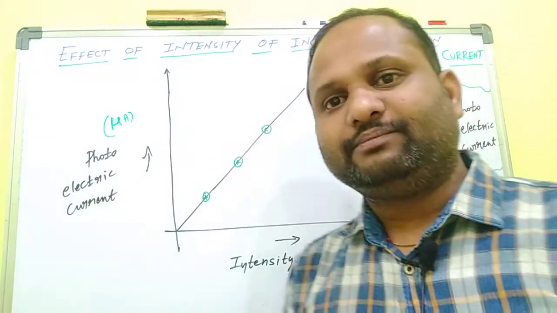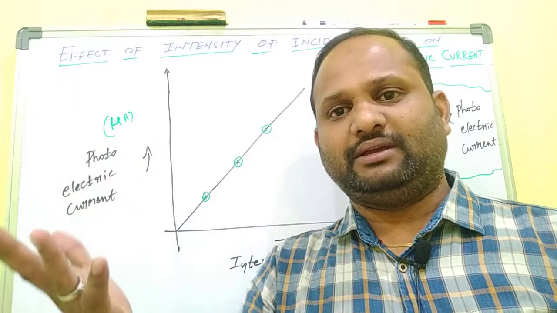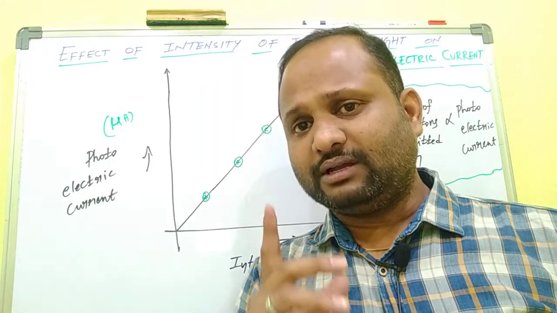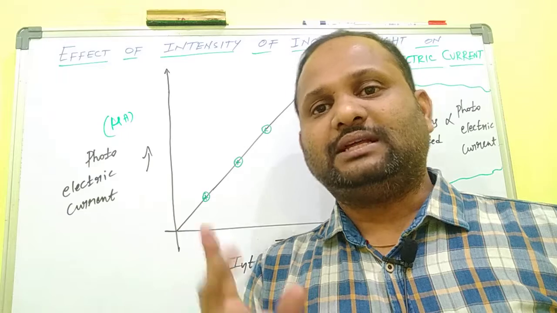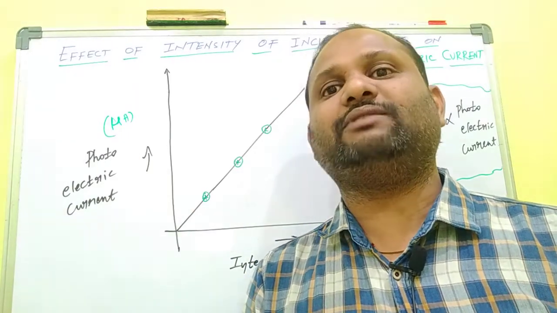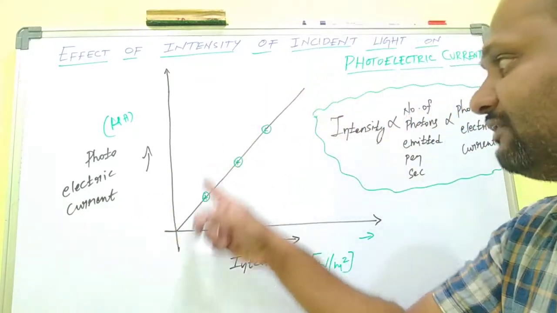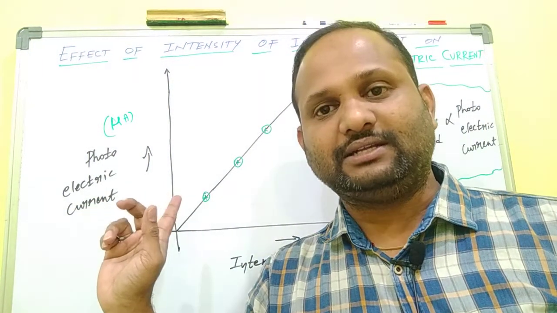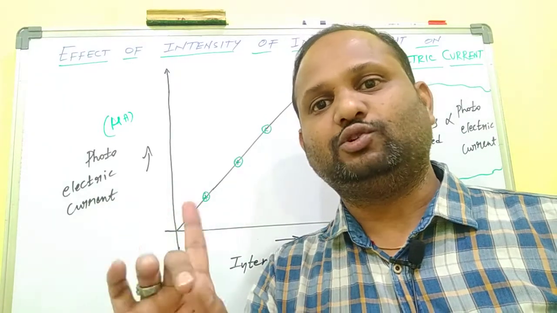So we concluded in that experiment, the incident radiation may be any type of wave, but it is under the electromagnetic spectrum. If we increase the intensity of the incident radiation, then the photoelectric current will gradually increase. If we decrease it, the photoelectric current will decrease, because there is a linear proportionality. This graph shows the proportionality between the incident intensity and the photoelectric current. This is one of the important things. Keep this in your mind, don't forget.